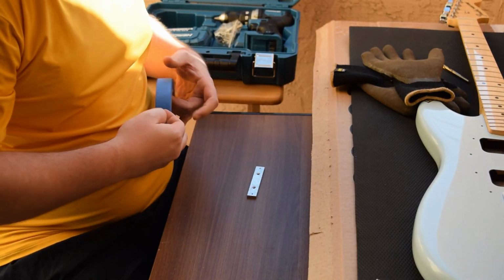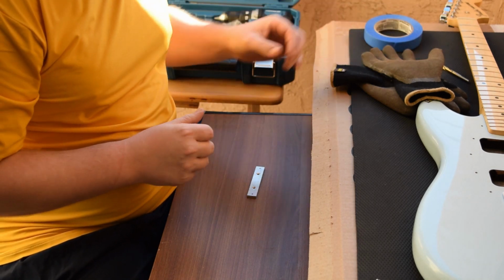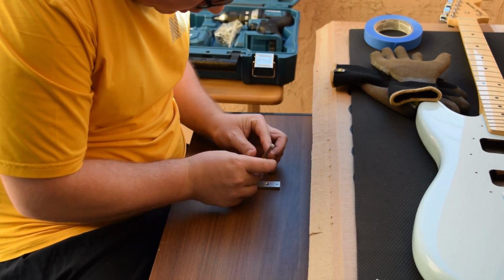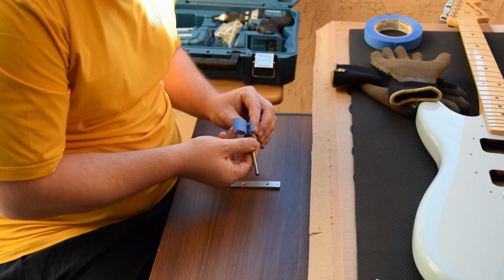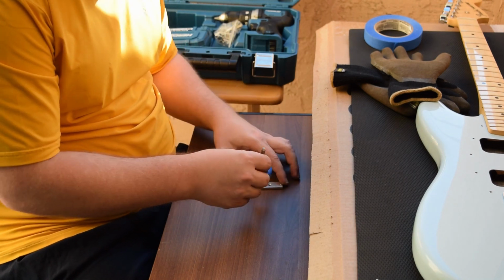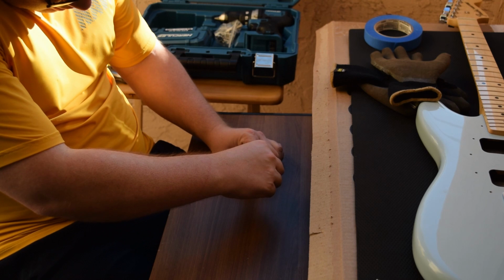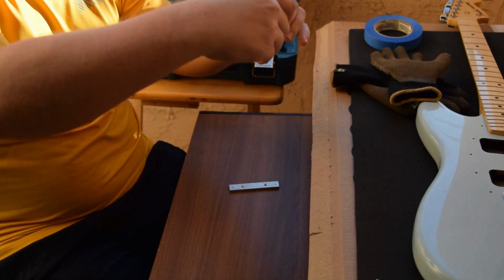Take a piece of tape, mark on the bit the deepest that it needs to be drilled. It's just gonna be a little shallow hole. Bunch of little shallow holes. Not like that. Put that little piece of tape on there and make sure it goes around correct. Looks good to me. That little flag is going to tell us how deep to drill,